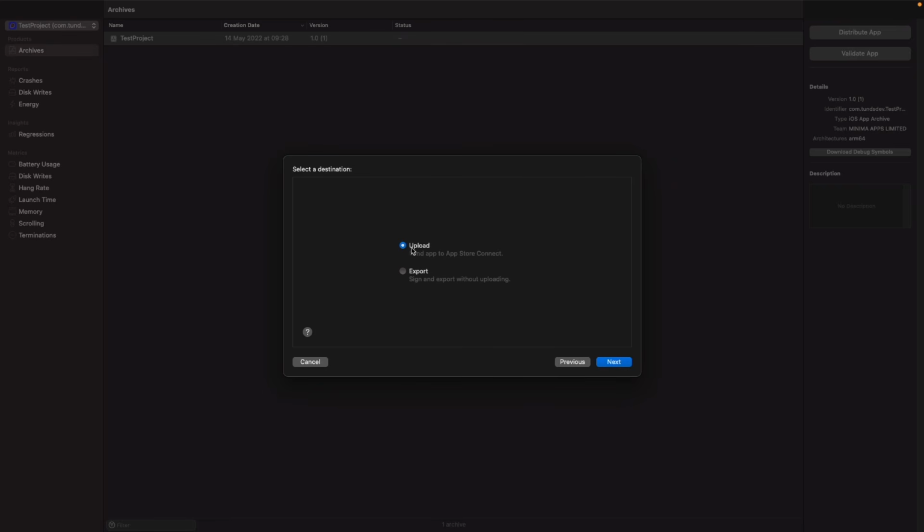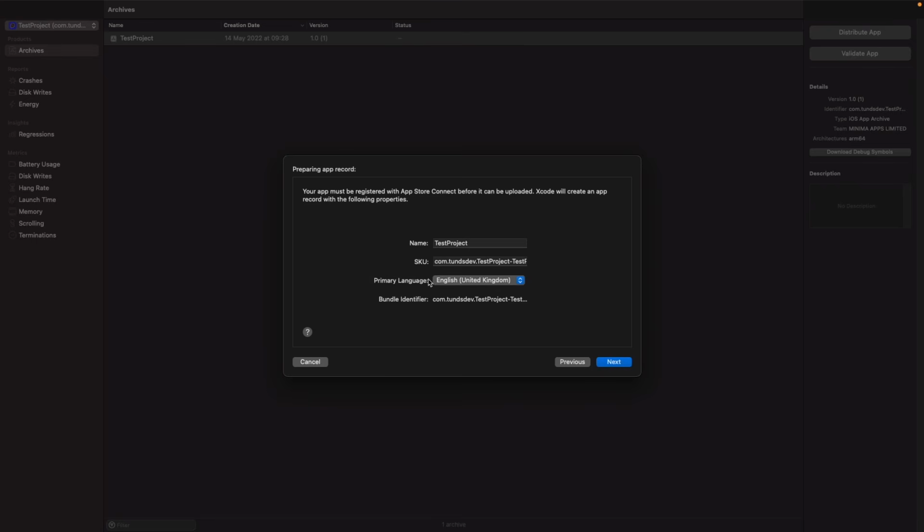And then the next thing that we want to do here is choose upload, because we don't want to export this, because we don't want to handle this manually. We want Xcode to upload this for us automatically. So let's choose next. So as you can see here, because we've not actually created our app on AppStoreConnect, which